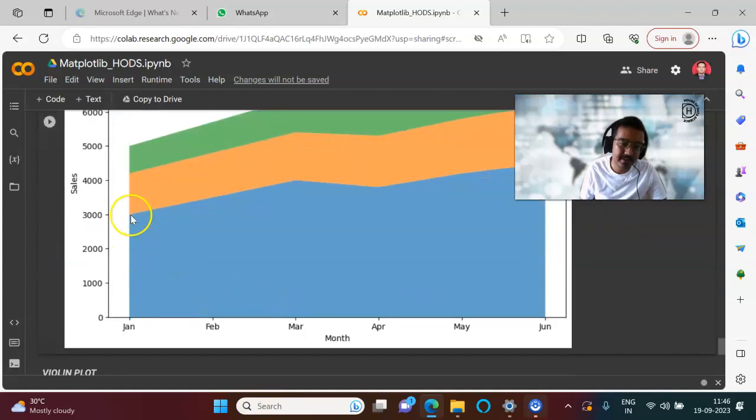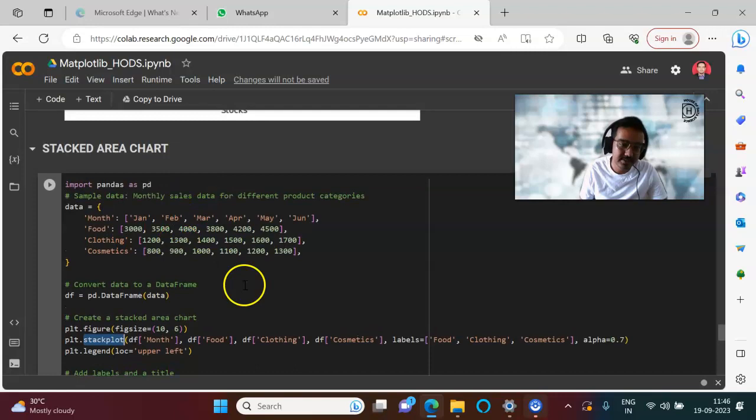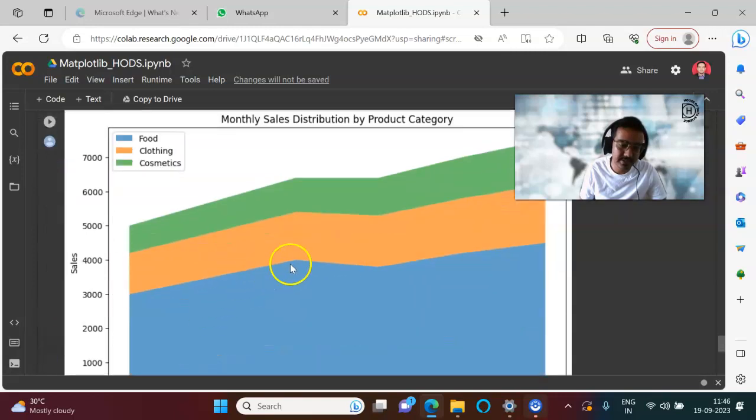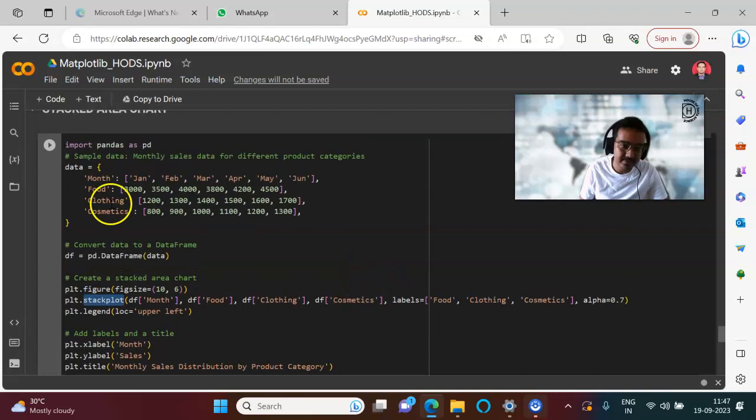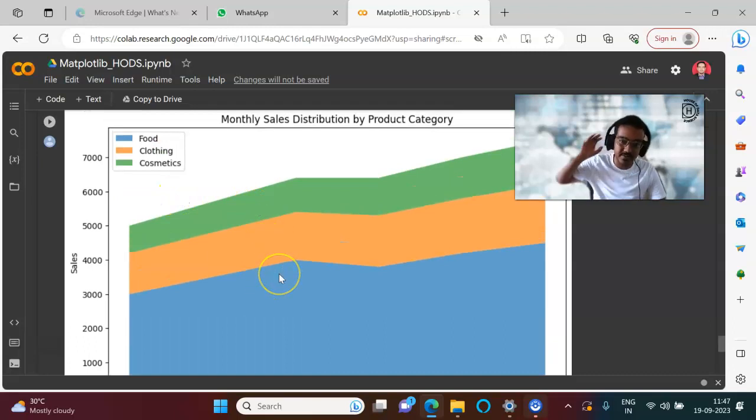सो सबसे पहले हमने क्या डाला, सबसे पहले हमने डाला फूड। सो फूड कितना ले रहा है, 3000 ले रहा है, राइट, जैन में। फिर मे बी वो फेब में ले रहा है समवेयर अराउंड 3500। सो इफ यू सी इट इज इंक्रीजिंग, फिर यहाँ पे ये डिक्रीज हो गया और फिर यहाँ पे ये इंक्रीज हो गया। और फूड के ऊपर जितना एरिया, सो सपोज लाइक दिस इज हाउ मच 1200, राइट। तो फूड के ऊपर 1200, यहाँ पे 4200 हो गया टोटल।